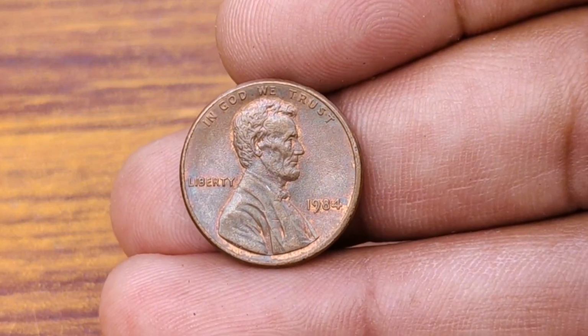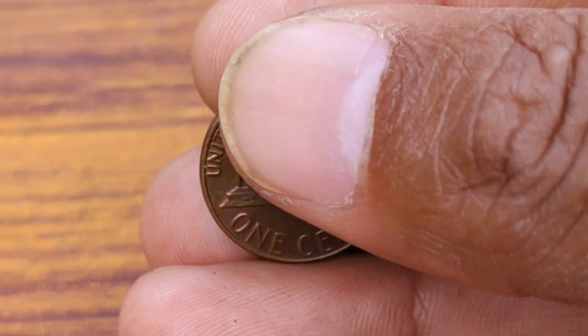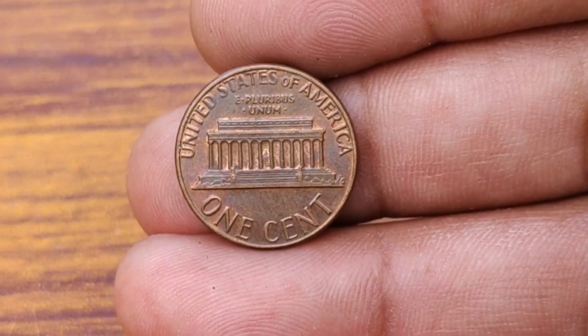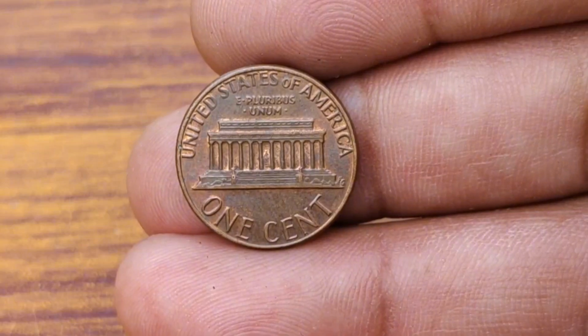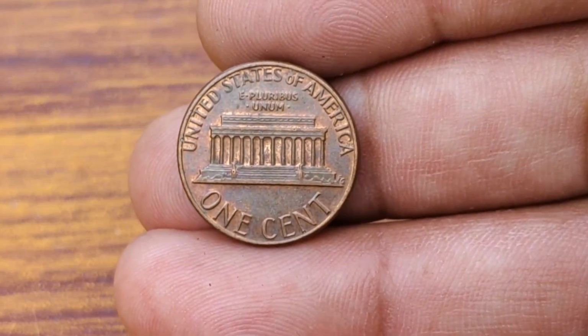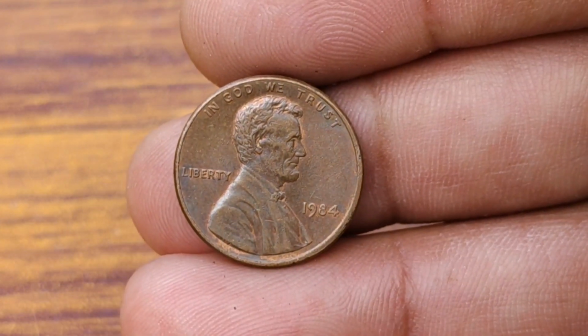Condition is everything when it comes to coin collecting. The grading scale ranges from poor to mint state. A penny in very fine condition, like the one we're talking about today, typically falls around VF20 to VF35. In this grade, you'll notice that Lincoln's hair and the details of his coat are well defined, though there may